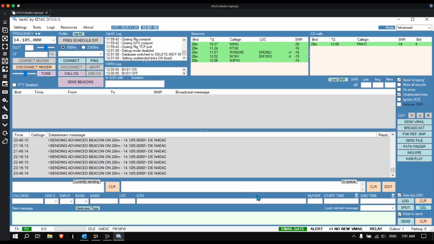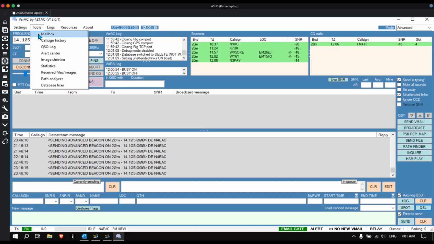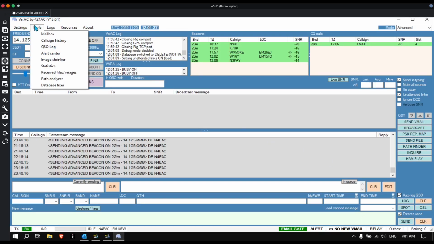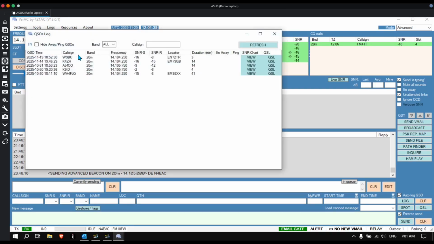Okay, now let me go back and choose one of the contacts. Just so you know, and if I wasn't clear about this, if you just finished a QSO and that QSO is still down here on call sign and the signal report and all of that, you just go straight into QSL. You don't need to go to Tool and open the QSO log. Okay, you don't have to do that.